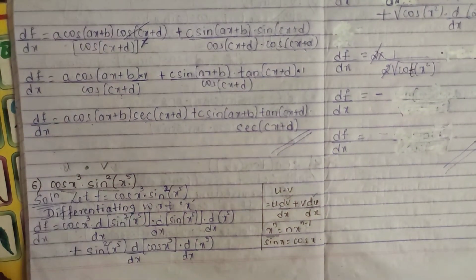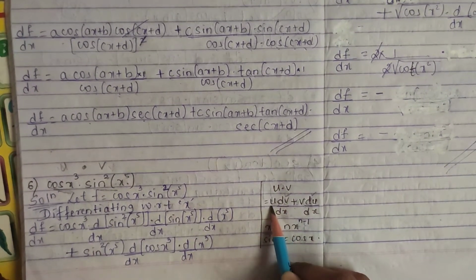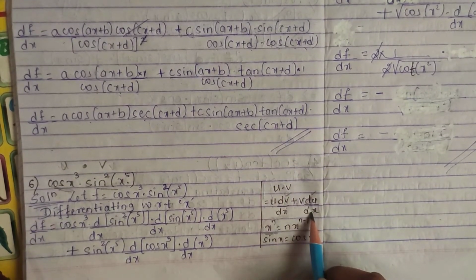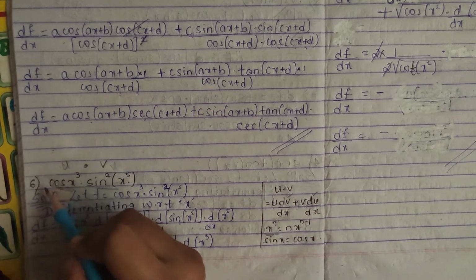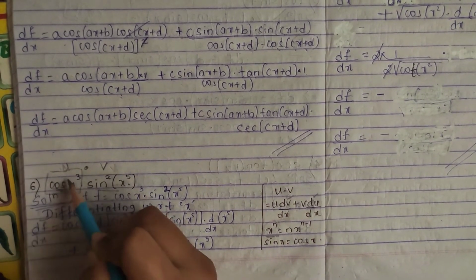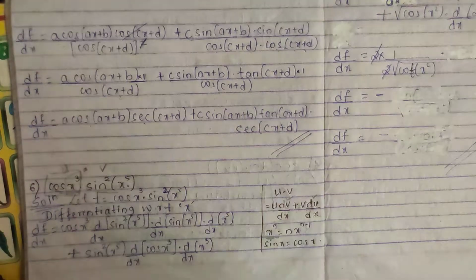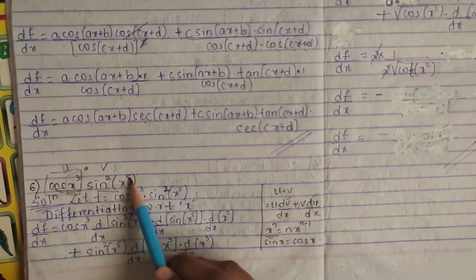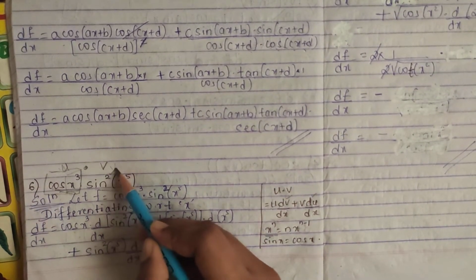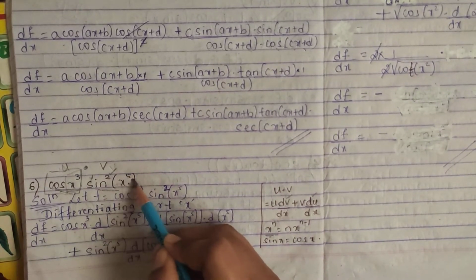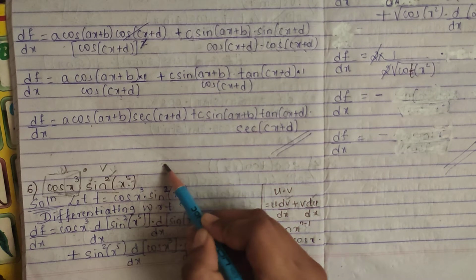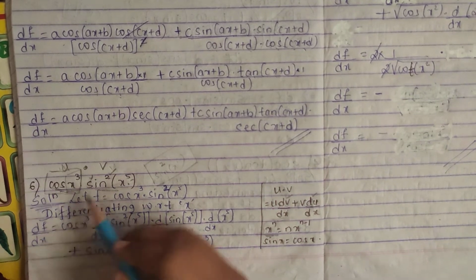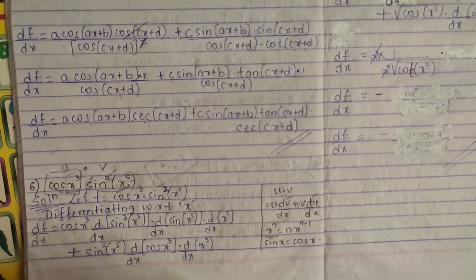So u into v, if you have, how do you have to differentiate? Keeping your u as it is, first differentiating your v, plus keeping your v as it is, differentiating your u. So here also you see this is your u part. First you have to differentiate cos, and then again interior you have x cube. So be careful enough. In your v, you see you have sin square x raised to 5. Means here you have three parts, right? You have square, you have sin, and you have x raised to 5 too. So 3 times, first the whole term you have to differentiate, then you will come to sin, then you will come to x raised to 5.